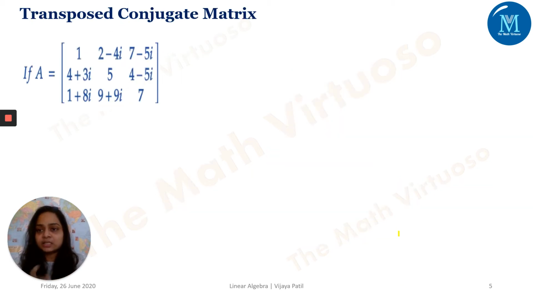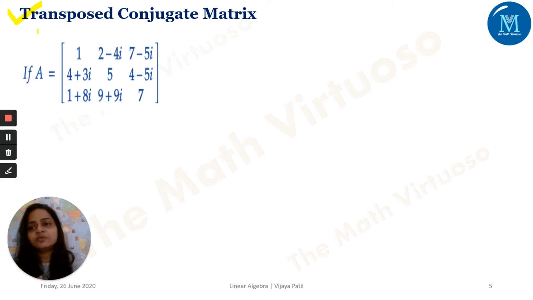Similarly, this is one of the operations. I would like to define it here, because this operation is a little bit different, which is known as transposed conjugate. Now, if you observe the name itself, it's known as transposed. That means we have to take the transpose of a matrix. Similarly, we have to take the conjugate of the matrix. So that means two operations we have to perform on one matrix.